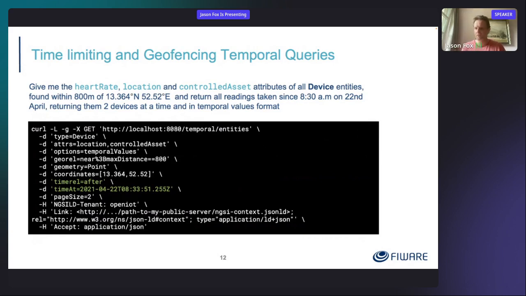So if you're saying, give me the heart rate, the location, controlled asset, actually it hasn't got heart rate in the one below, give me the location and controlled asset attributes of all device entities within 180 meters of a location in Berlin, and return all readings taken since 8:30, and give them 2 devices at the time. You can see that we're working our way down the various